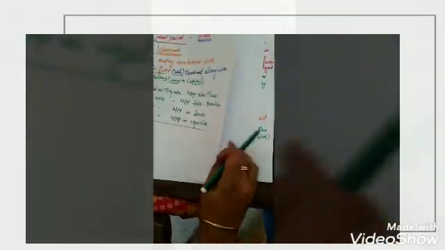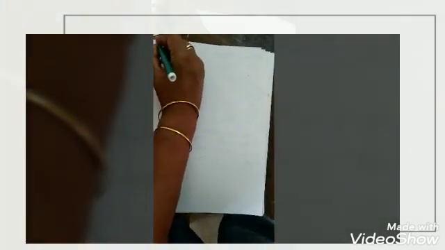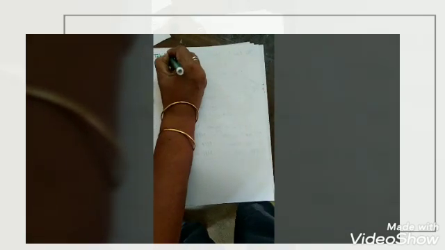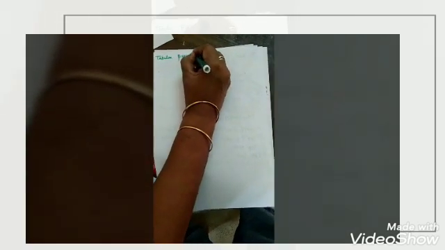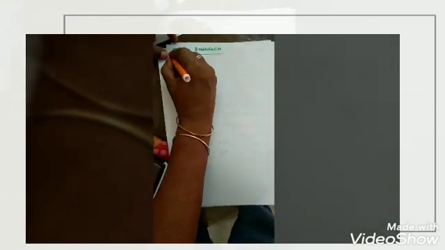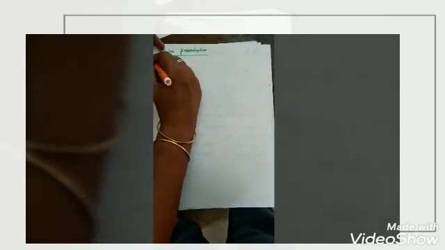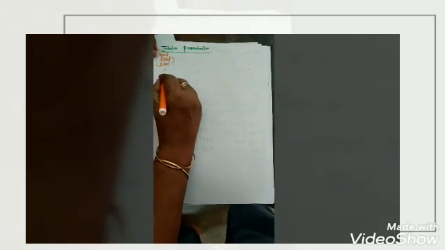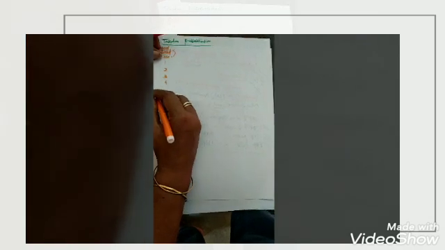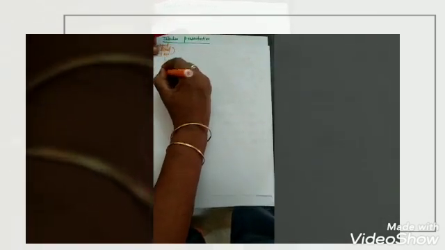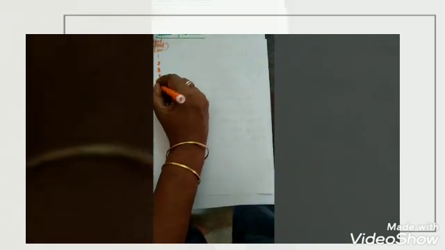Okay, please come to the tabular column. So which are the things we are taking? See, the tabular presentation. Okay, in the tabular presentation, we are taking land as a fixed factor. Land is fixed. One acre of land we have taken. It's fixed.